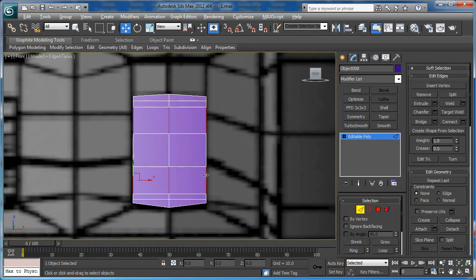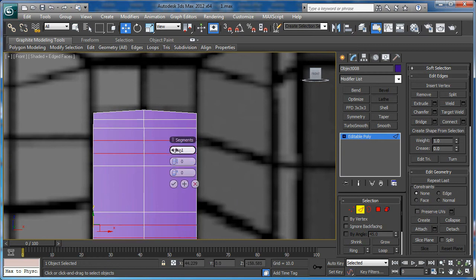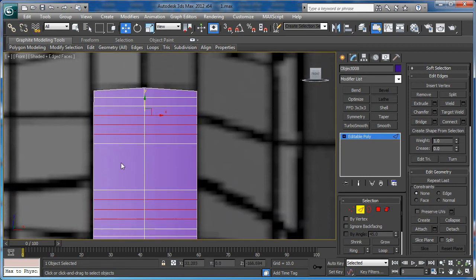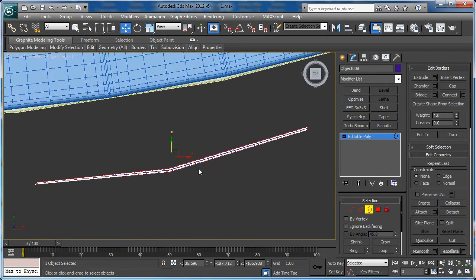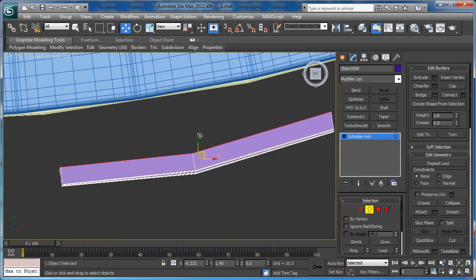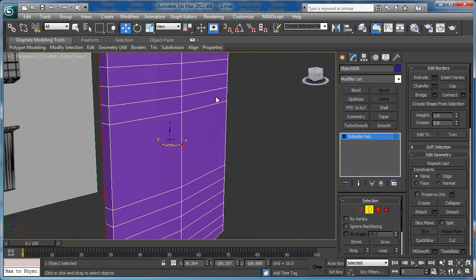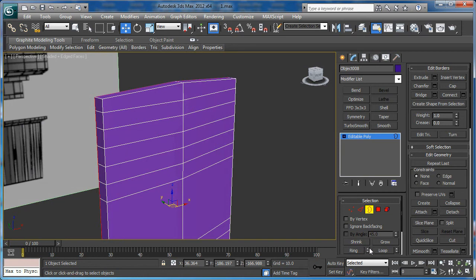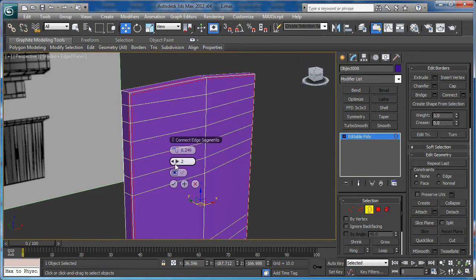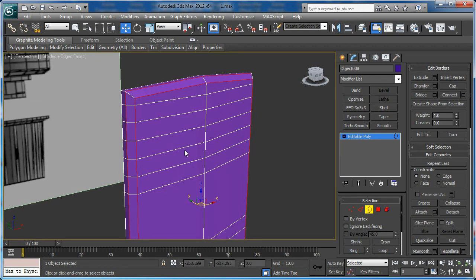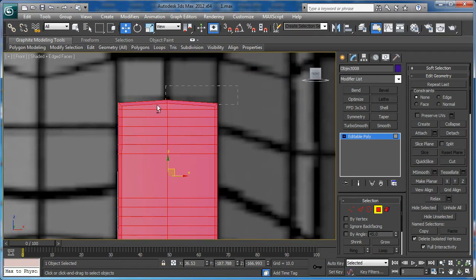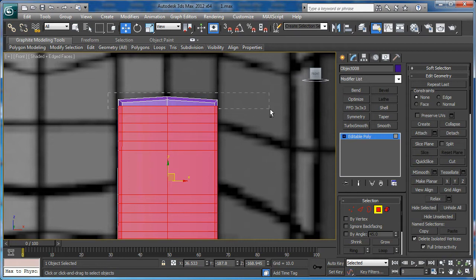Now let's select these rings and connect 3 loops. Let's select this border and using shift and drag move it like this. Now let's hit the upper arrow on ring to select this loop and apply chamfer with 1 edge segments, and something like 0.75 is good. Now let's deselect these polygons